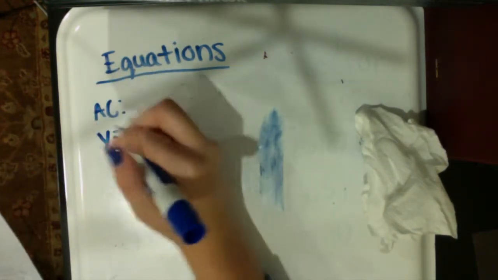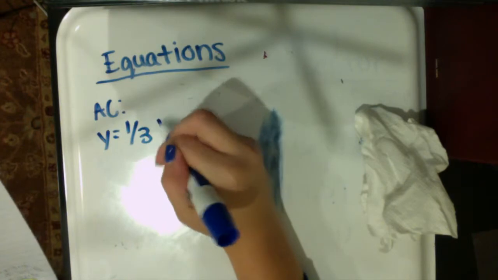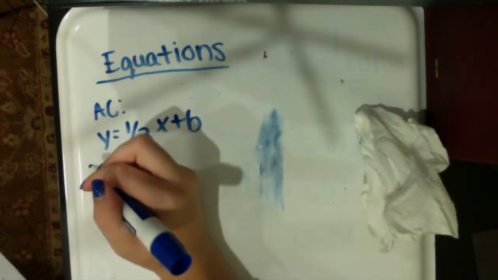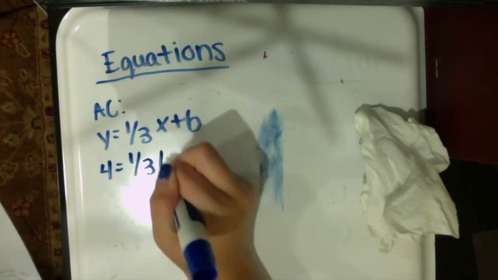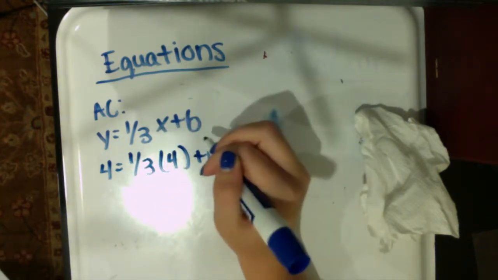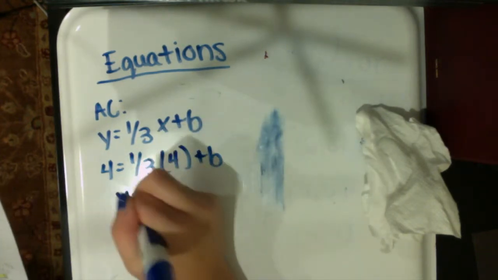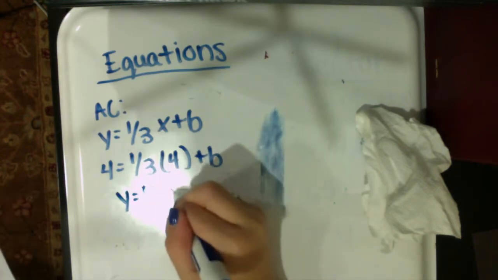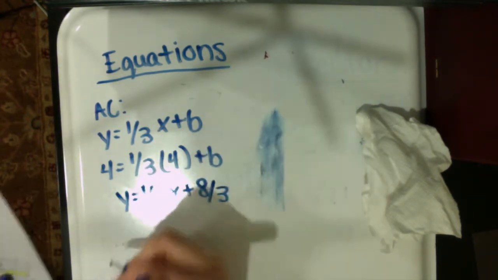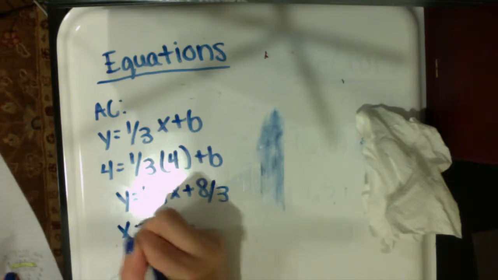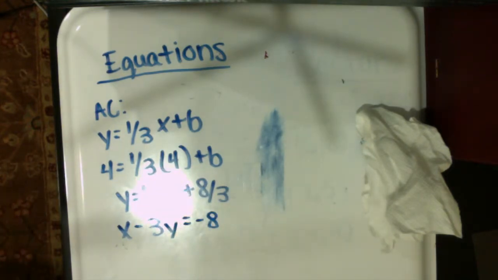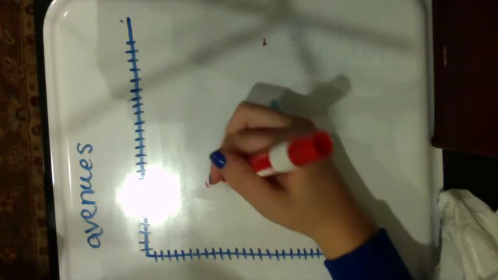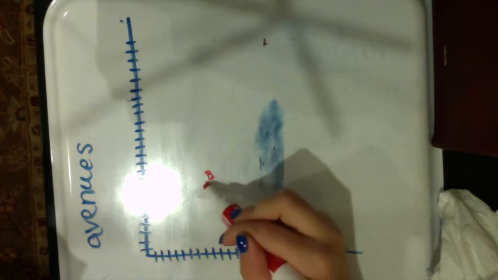And lastly, we're going to find the equation for line AC. First, you replace x and y with the midpoint for line AC. And then after solving for b to find the y-intercept, we're going to change it into standard form, which is x minus 3y equals